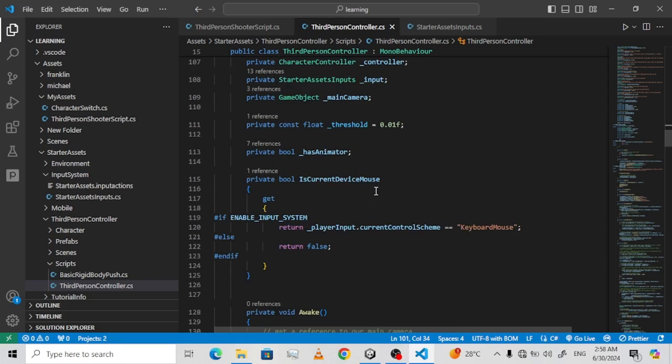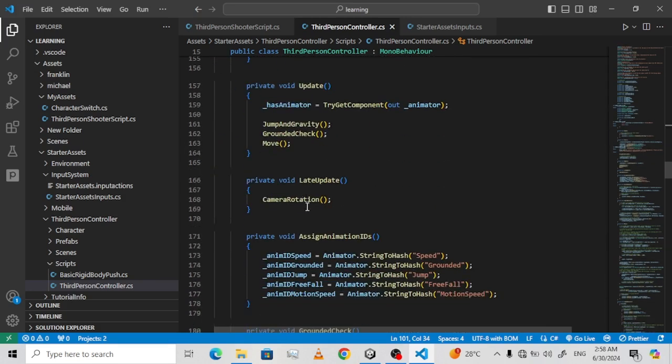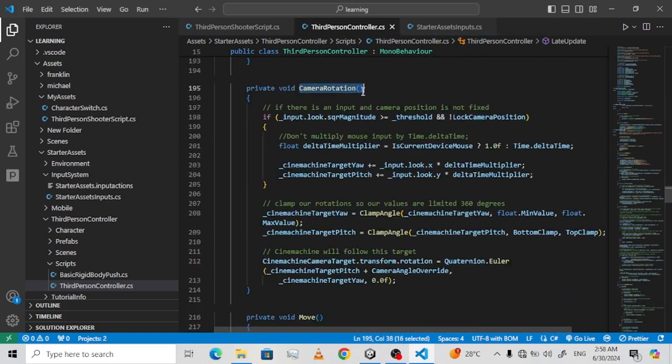and then let's scroll down to late update camera rotation, and then here we have it, the camera rotation. So inside this camera rotation, we multiply this, we multiply it by the sensitivity. So we say multiply by sensitivity, and then over here too we do the same, we multiply by the sensitivity,